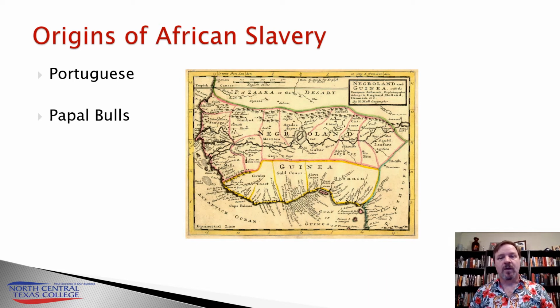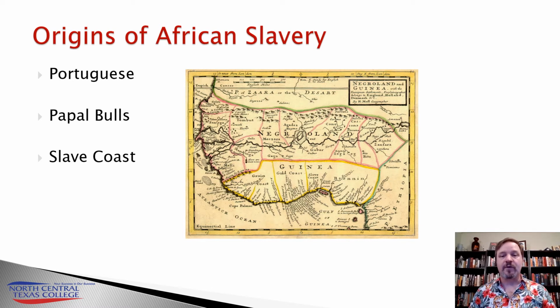One of the trade partners that they had along the coast was the local African kingdom of Benin, which would trade in captured members of rival nations. As the African slave trade began to grow along the slave coast, you're going to start seeing African nations going to war with each other, and they would therefore capture the defeated and sell them to the Portuguese. So the Portuguese weren't even very heavily involved in the rounding up of Africans for enslavement. They had a stream of them coming to them at the coast as it was.